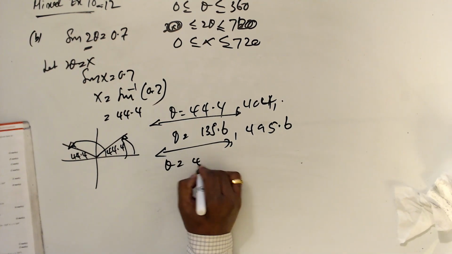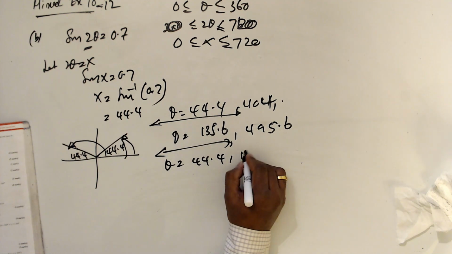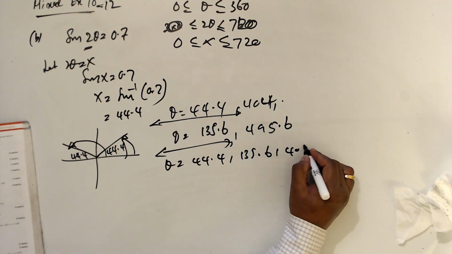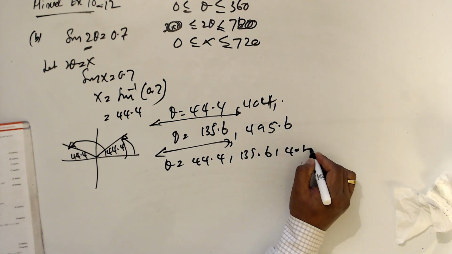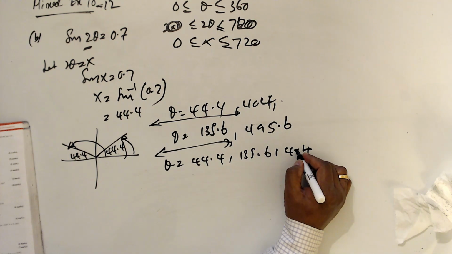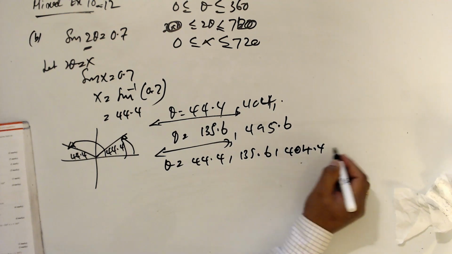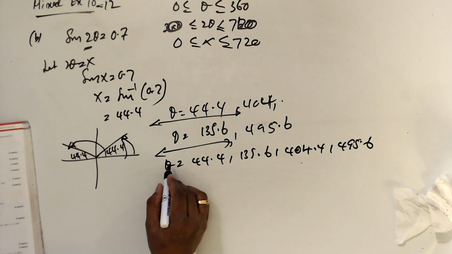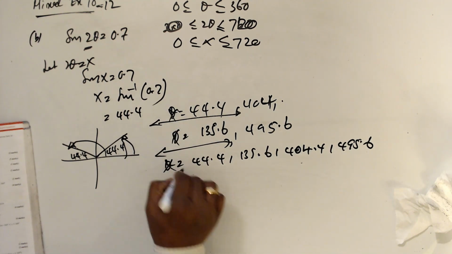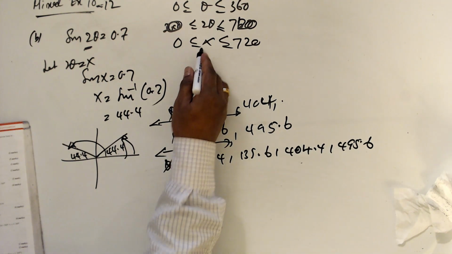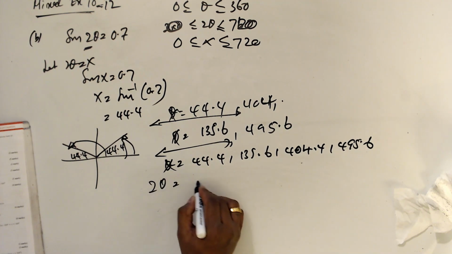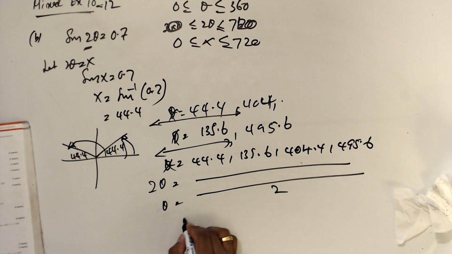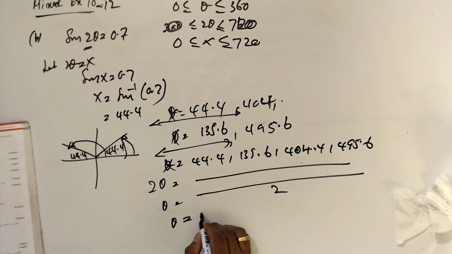Now x equals 44.4, 135.6, 404.4 and 495.6. This is not theta, I took it as x, and x means 2 theta. So theta means this whole thing divided by 2. So the theta answer is going to be